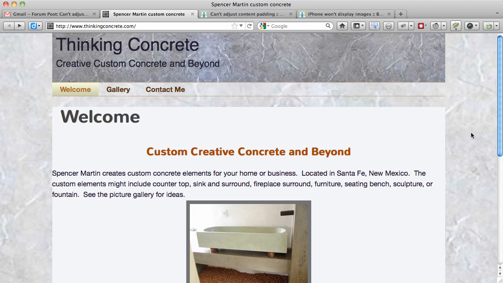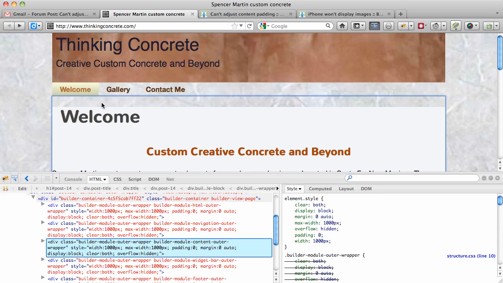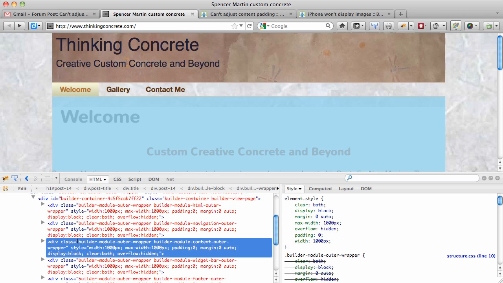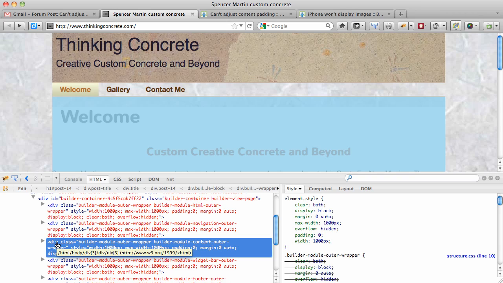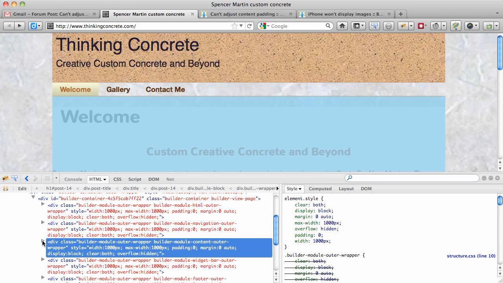So I'm going to bring up Firebug by pressing F12, and I'm going to click on the inspect button and take a look at this space here. So if I click on it, we can see that this div is the builder module content outer wrapper, and since it does not show any region in the site in either yellow or purple, I'm gonna drill down,